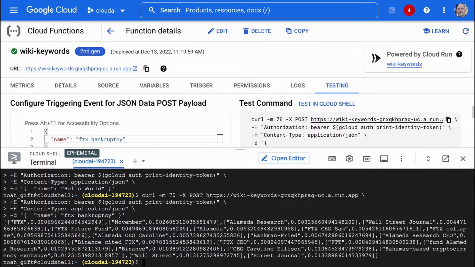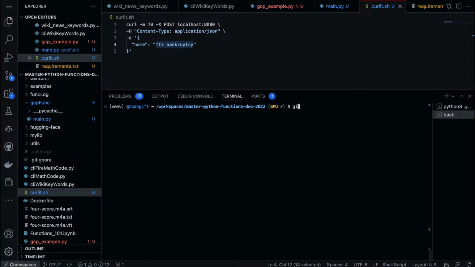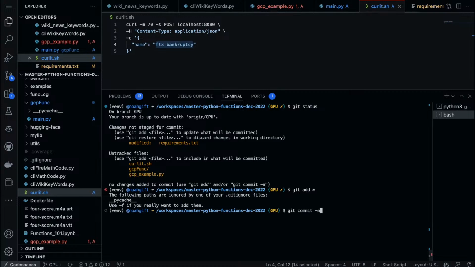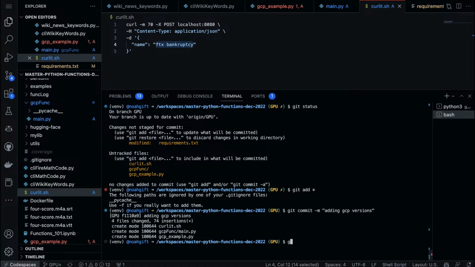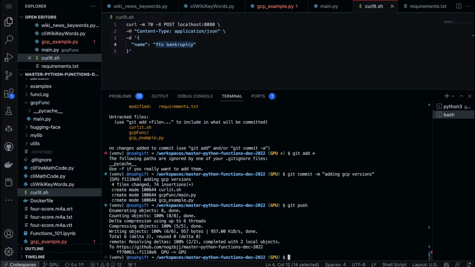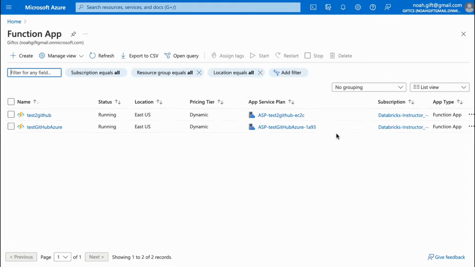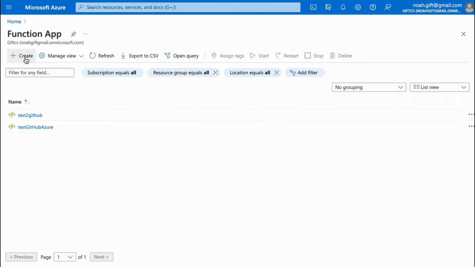Now, all I need to do is check in this code so other people can see it. So I can just do this, get status, check all this in. Now, probably the funnest thing to do, adding GCP versions from here, would be to also show how to do it with Azure, right? So we can also do it with Azure. So how would we do this? Well, one of the ways that we can actually do this is by going to function inside of Azure. So it's got the same kind of capability. And if we go to function app, we can just go through here and we can just say, hey, let's make a new thing.